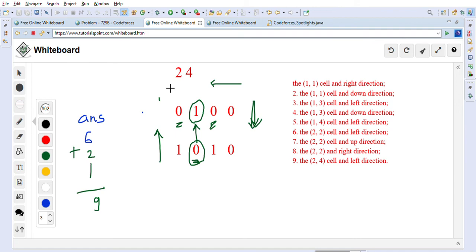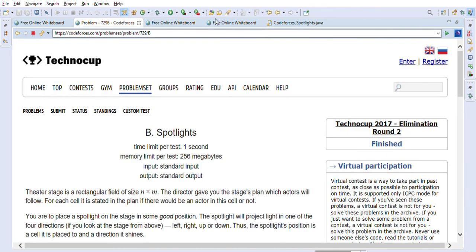And then we will keep counting the good positions where we can put a spotlight in all this traversal, and at the end we will know how many good positions there are in the 2D grid wherever we can put the spotlight. And why are we doing it? Because we have to count for the direction also. So we have to count for the position and then the direction both. So that's why we are doing this kind of traversal.